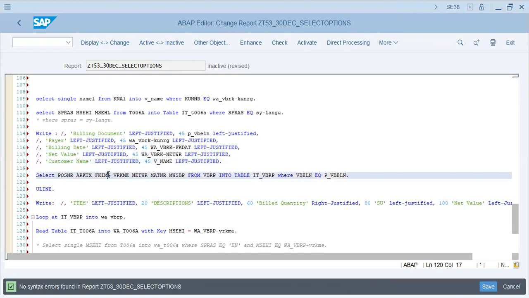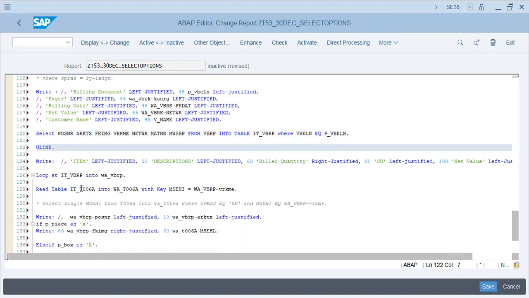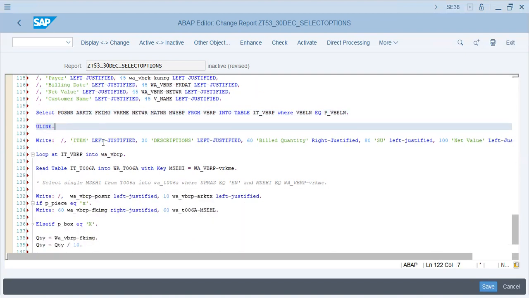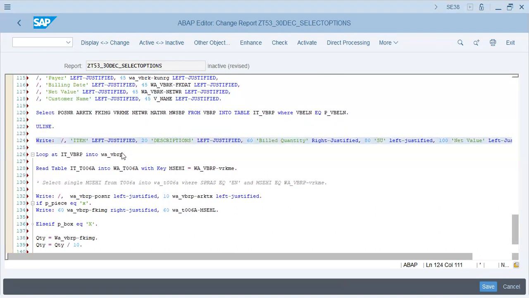Select POSNR, ARKTX, FKIMG from VBRP. Select all these fields into table IT VBRP where VBELN equals, which is the sales and distribution document, equals parameter P VBELN. Underline, write item, description, bill quantity, SU, net value, loop at IT VBRP into